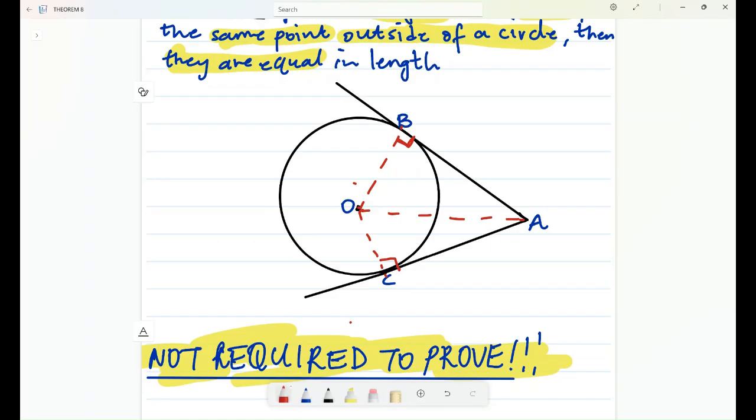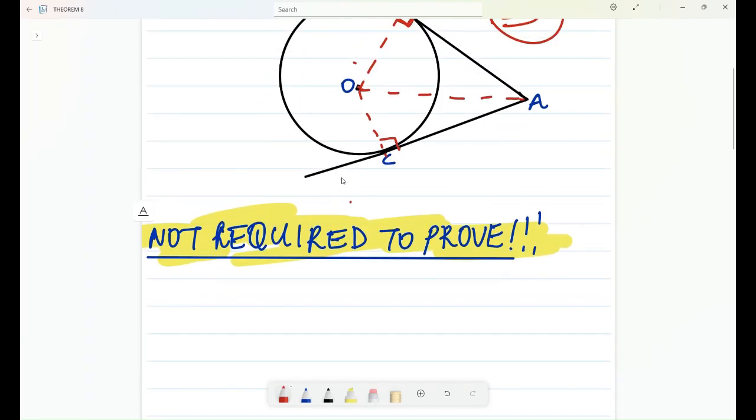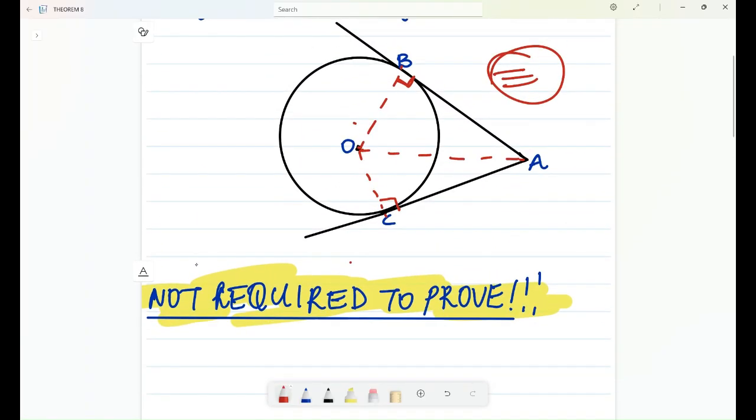Now we can prove that AB is equal to AC using congruence. How can we do that? Let's see. We're going to say, in triangle OBA and triangle OCA,